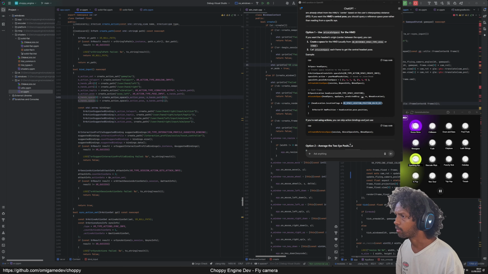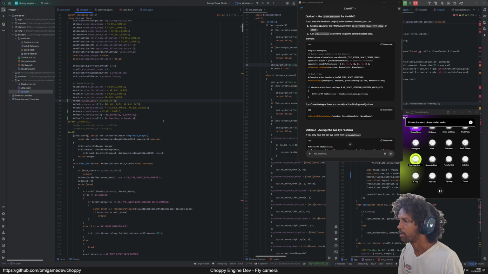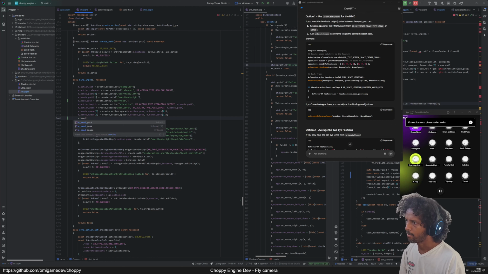Path. Oh, it's not a handle. It's a path. Lucky it's strongly typed and won't get messed up by AI. So head space is gonna be